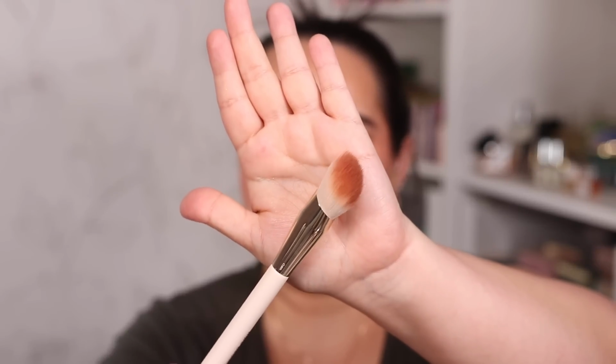As far as the new launch, I think that is everything, but I did try another new to me Rare Beauty product today that I would love to recommend, and that is this brush right here. This brush was amazing. It's a blush stippling brush that they created, and it does a fantastic job at blending out Rare Beauty's liquid blushes. I'm so happy that they sent this brush over and that I got to try it